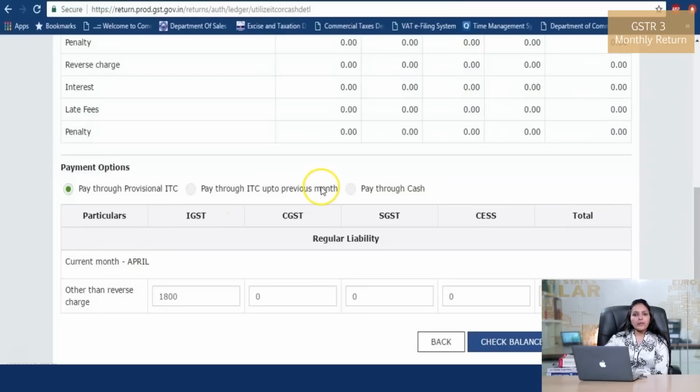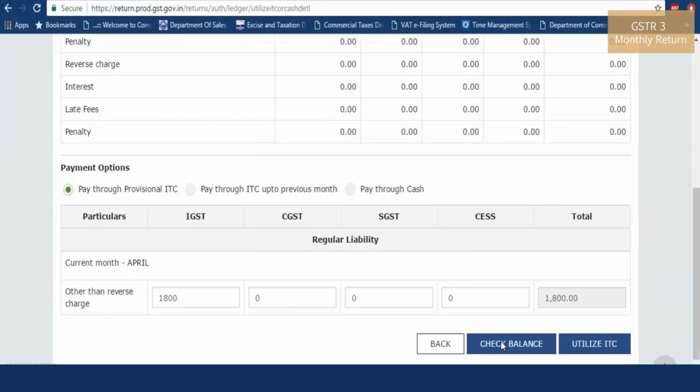Next, in the pay through cash mode, you can discharge the tax liability by Challan. Now, I have a tax liability of 1800 to be discharged. I am first utilizing my provisional ITC balance to discharge this liability. Before utilizing the ITC, the user can check the balance of ITC available to him by clicking on the check